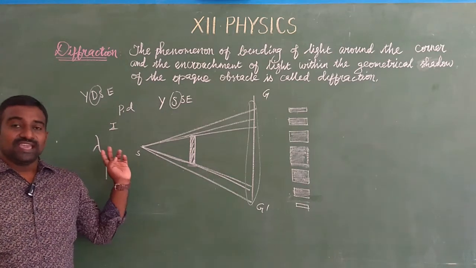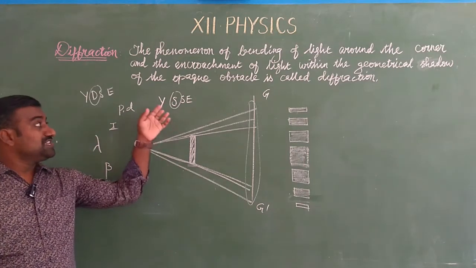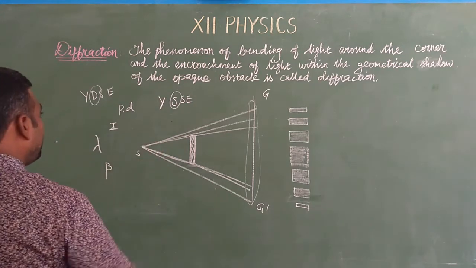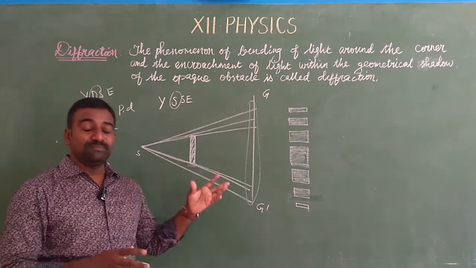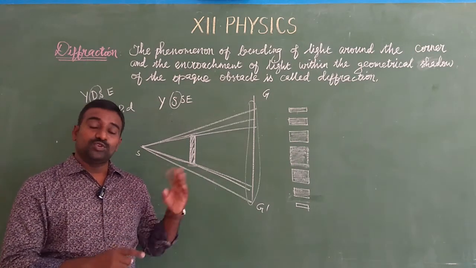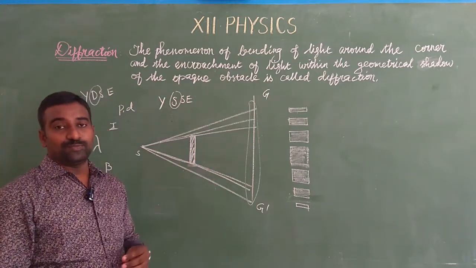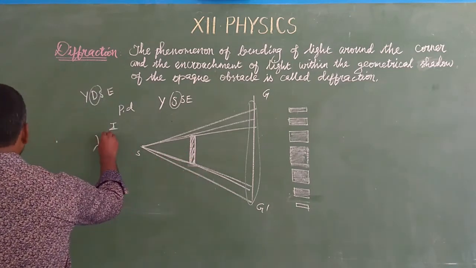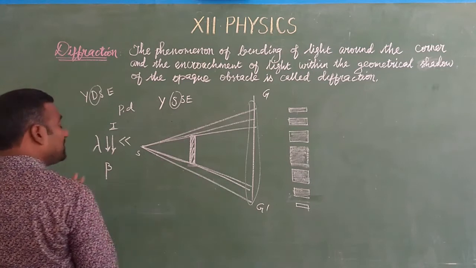So Thomas Young explained the interference as well as the diffraction phenomena. Using a single slit, how he explained it is what we are going to see. And moreover, diffraction is a general characteristic. It behaves like a water wave, sound wave, then light waves, and also a matter wave. How those waves behave, same like this, diffraction also has some properties. But only one thing, the wavelength of this diffracted light is very small compared to the dimension of most obstacles.